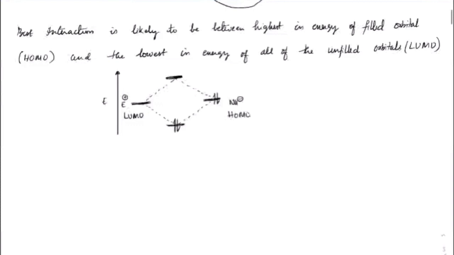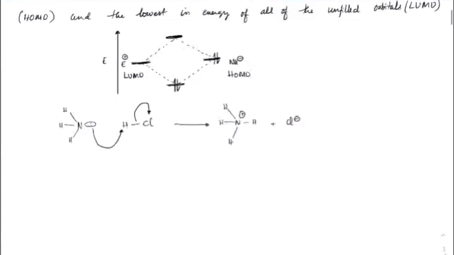If I push a similar example, suppose you have nitrogen with a lone pair, having hydrogens here, and suppose it is interacting with HCl. In HCl, this is how we represent that electrons from the nucleophile are attacking the hydrogen, and Cl minus, which is a leaving group, is going. That's how we get a bond formation where we have 4 hydrogens here with a positive charge on it and Cl minus has left.